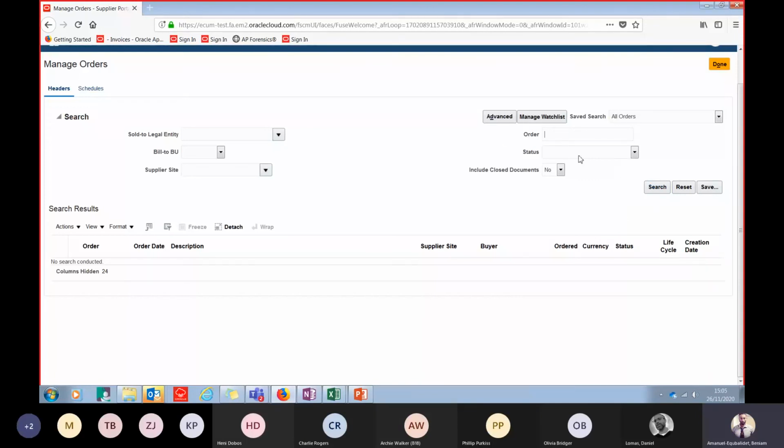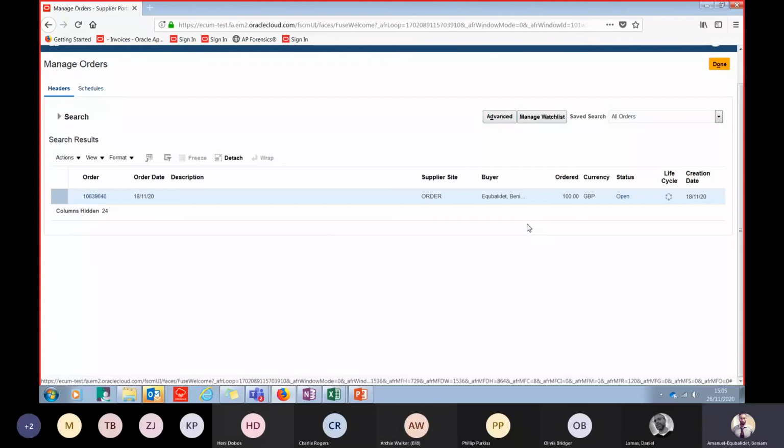I can just do a direct search for the PO that I'm looking for. Another way as well is if I just wanted to see a list of all the POs, then I could do a search and bring up a list of all the POs that have ever been raised against me as a supplier. So in this case, I know the specific PO that I want to query. And if you remember on the slide, we've covered some of these points: the purchase order, the person that's raised the order or your buyer, the value it's been raised for, the status and creation,